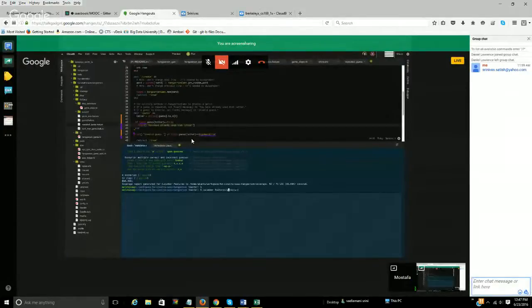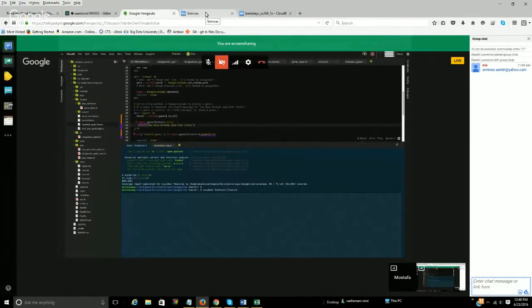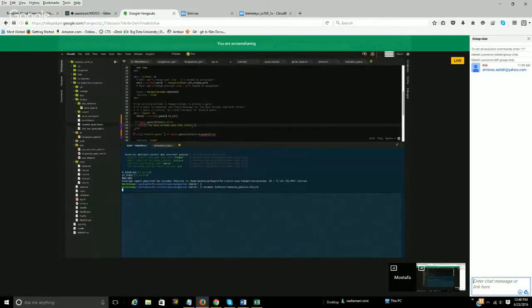Because I saw that in line 44 in the app.rb, the flash message says you have already used that letter. It had a full stop at the end, and it wasn't looking for that. So this is how it was. And then if I run the repeated guesses dot feature,